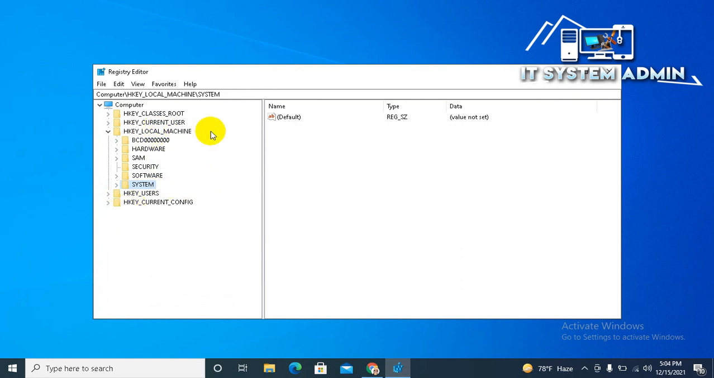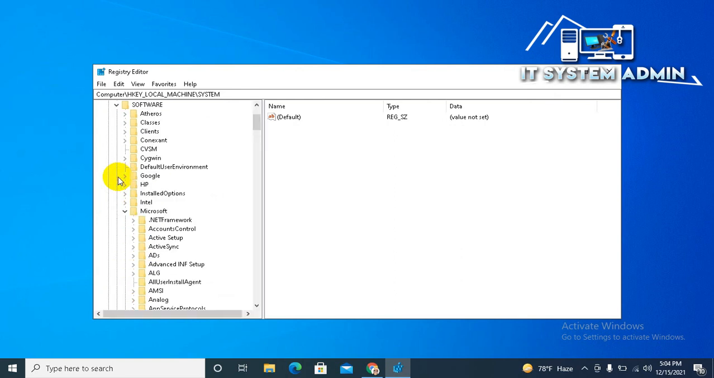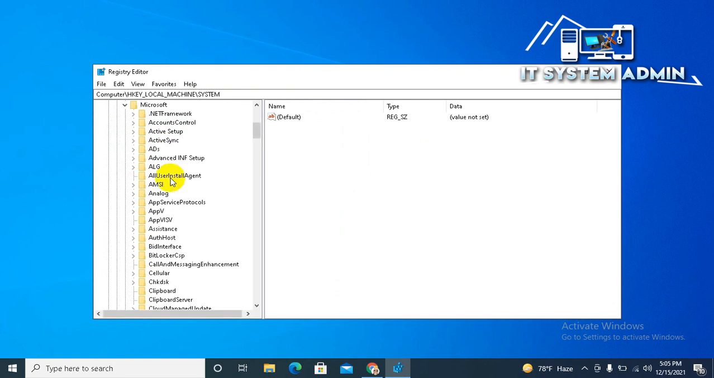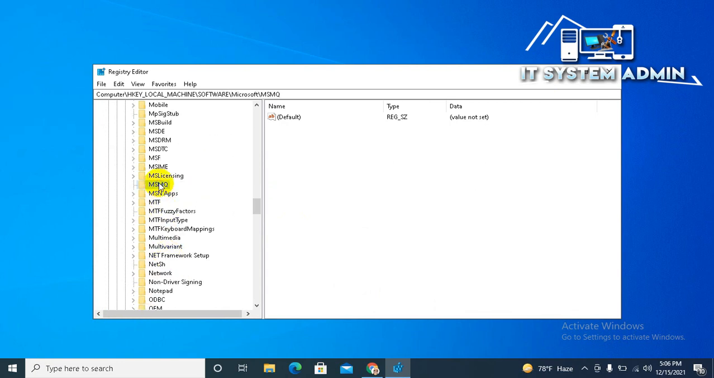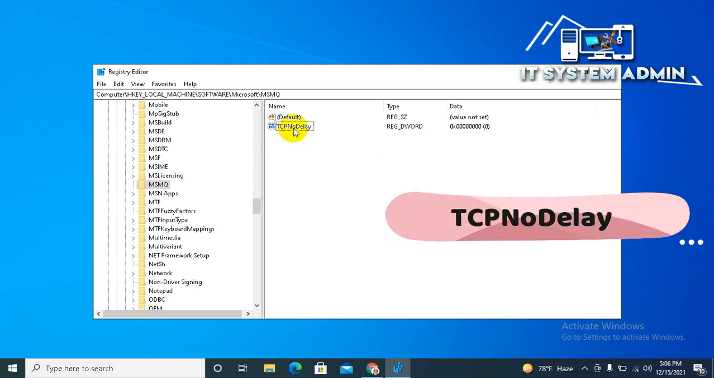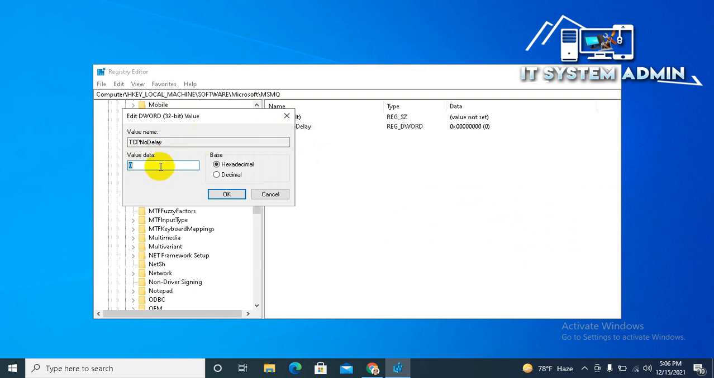Again HKEY_LOCAL_MACHINE, then Software, then scroll down, then expand Microsoft, scroll down, MSMQ, this one, MSMQ. Now right click on empty area, New, and then DWORD 32-bit value, and the name will be TCPNoDelay, and double click on it and change the value, set 1,